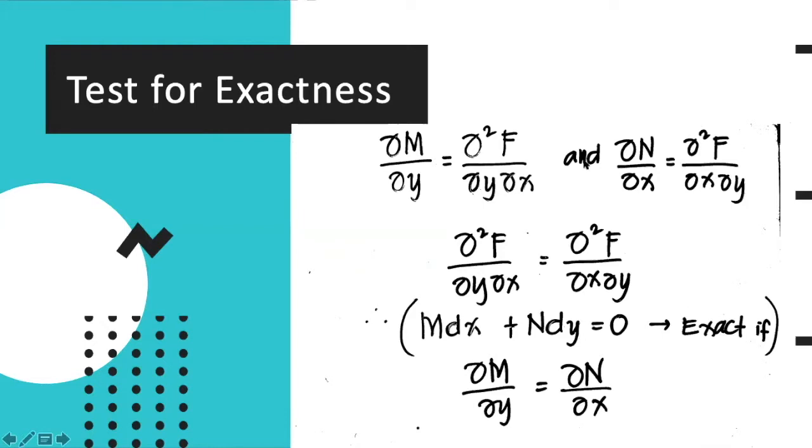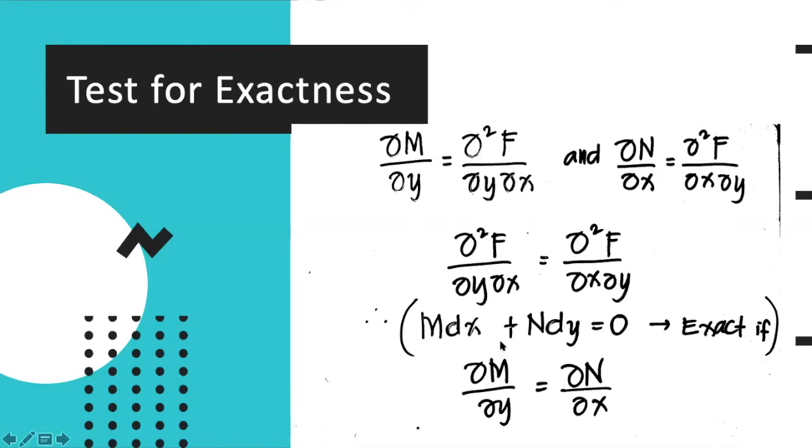So in calculus, we can equate these expressions, or this partial derivative. The second partial derivative of the given function with respect to y and x is equal to the second partial derivative of the function with respect to x and y. So having said that,